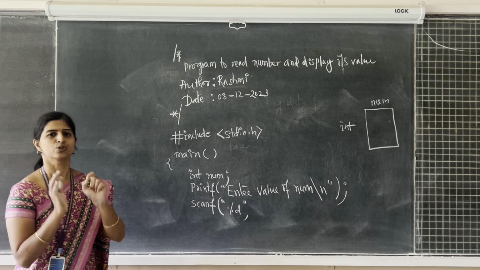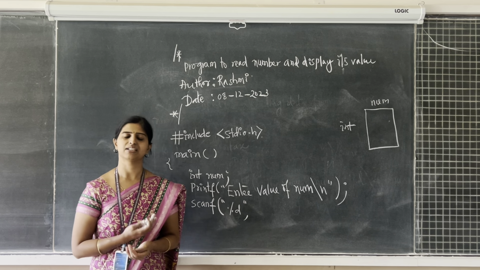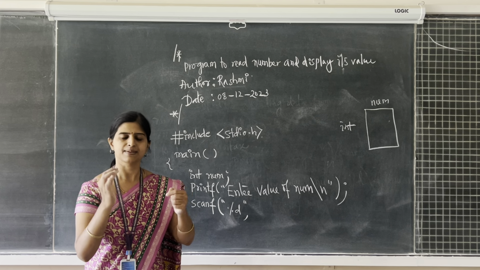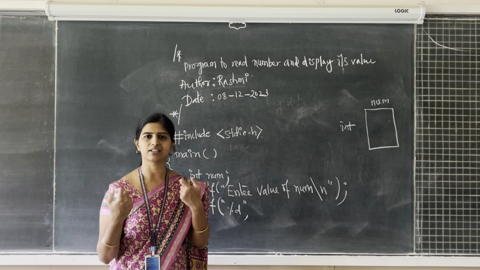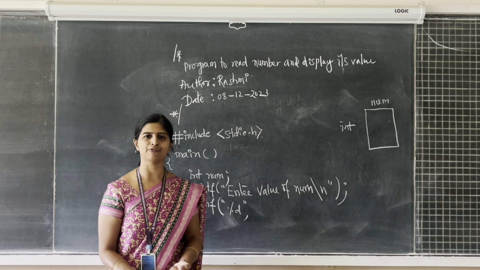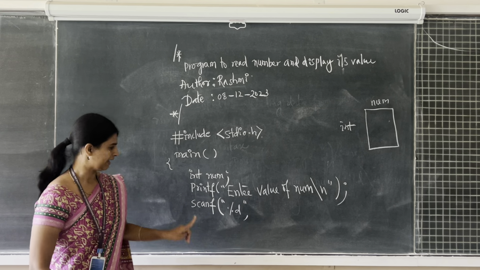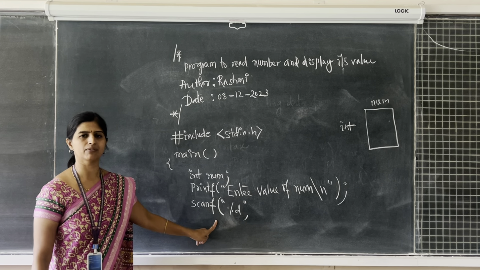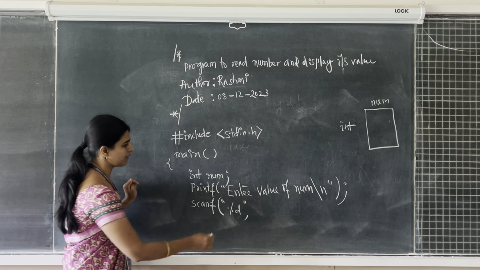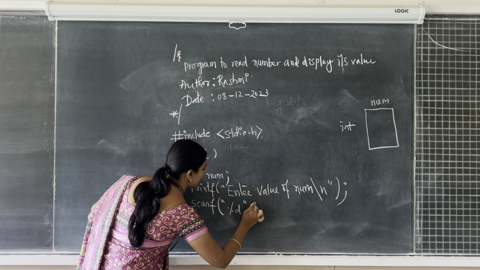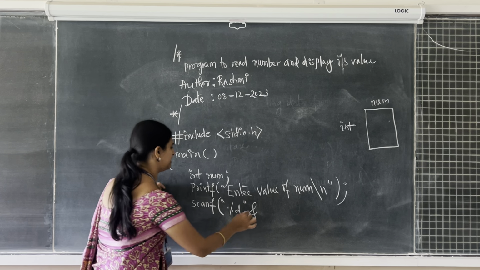And this syntax, students, you need to remember it. Whenever you are talking in your mother tongue or English, you need to follow the grammar. Similarly, whenever I am writing code in the C programming language, it also has certain grammar rules. You need to follow them. They have been framed and we are supposed to follow them in order to write efficient and correct code. This is the syntax that you need to remember whenever you are making use of printf and scanf in your C program. After writing the comma, I have already told you it should be the ampersand symbol, then write the variable name num.